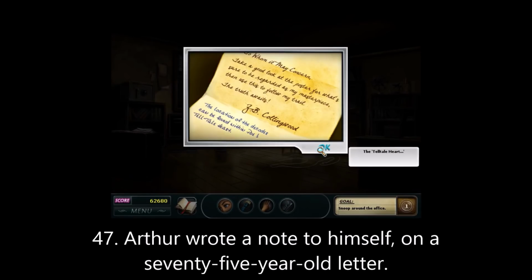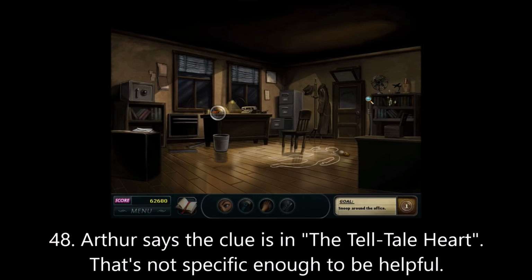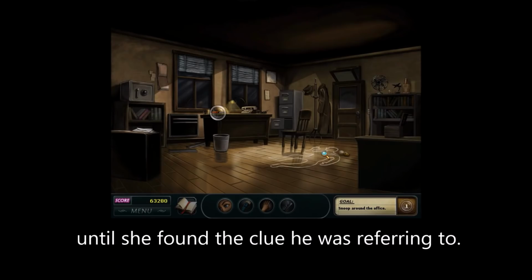Arthur wrote a note to himself on a 75-year-old letter. Was that seriously the only piece of scrap paper he could find? Arthur says the clue is in the Tell-Tale Heart. That's not specific enough to be helpful. I have to imagine Nancy was forced to read the entire story from the beginning until she found the clue